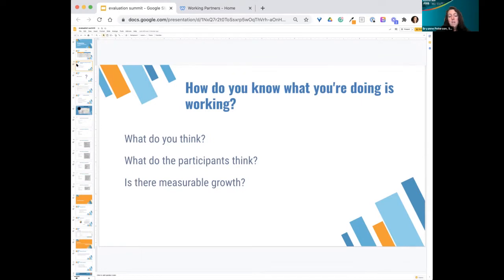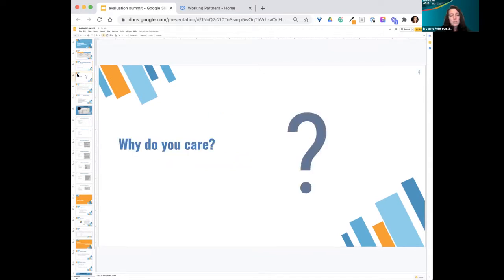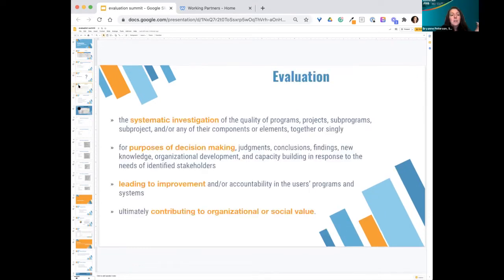So if you're doing a smaller project and you don't have the funds for an evaluator, you can do this work on your own. You just have to start separating and creating a different mindset. And these are the questions I always recommend you start with. So why do you care about these answers then is the next step, right? What does it matter? Well, the thing is, evaluation is defined as the systematic investigation of the quality of programs,